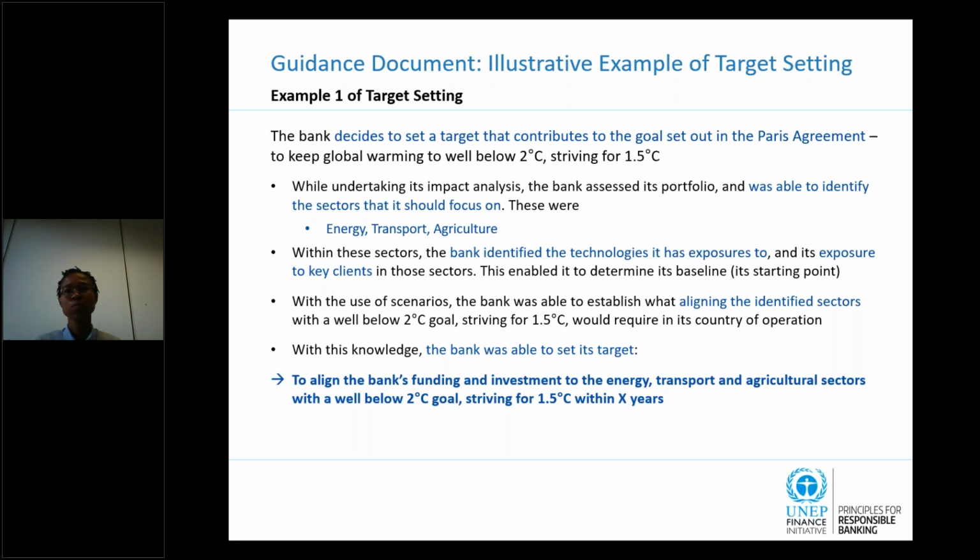With all these factors, I can come up with a starting point where I know exactly where to start decreasing my negative impacts and increasing my positive impacts, and then identifying how to align them with the Paris Agreement. I need to focus on the scenarios available in different resources. This alignment would require the bank to work both on my portfolio mix and also to work on transaction level, and maybe engaging with our clients, other stakeholders,